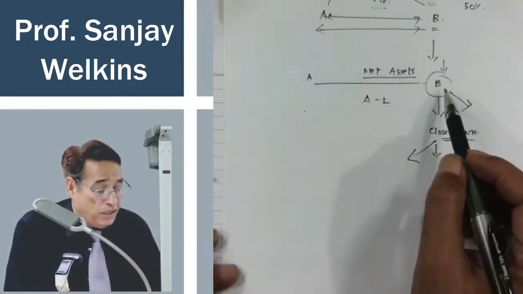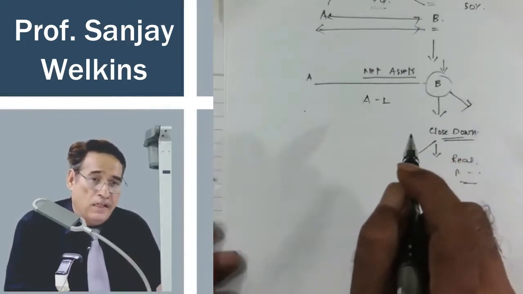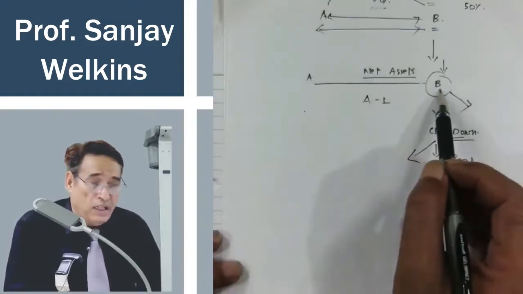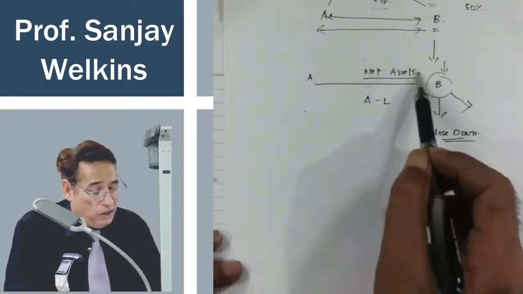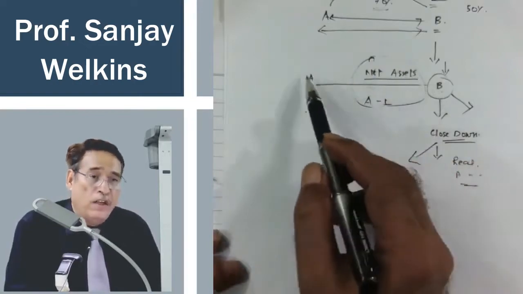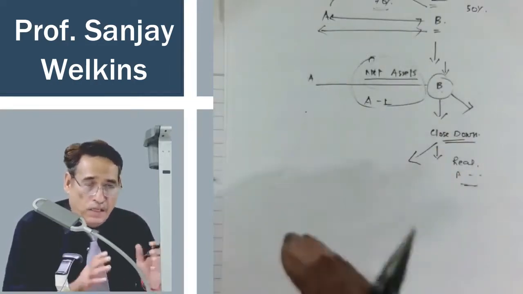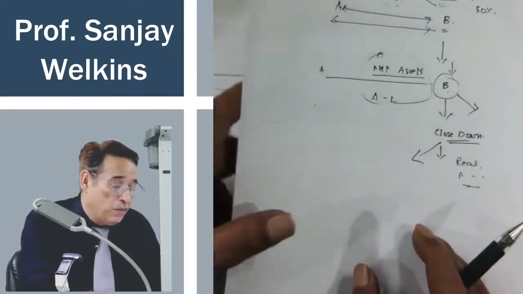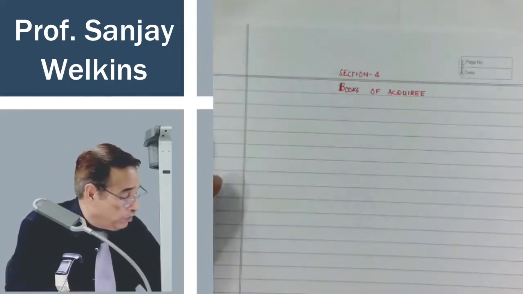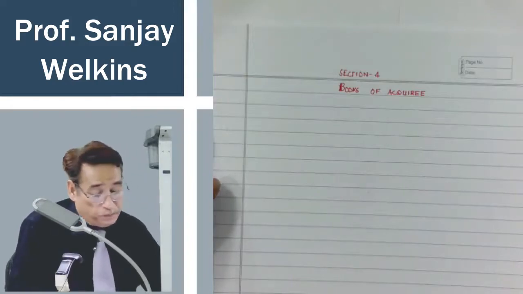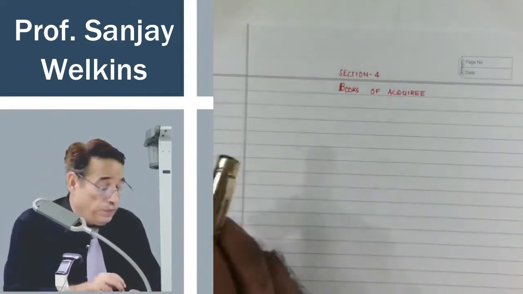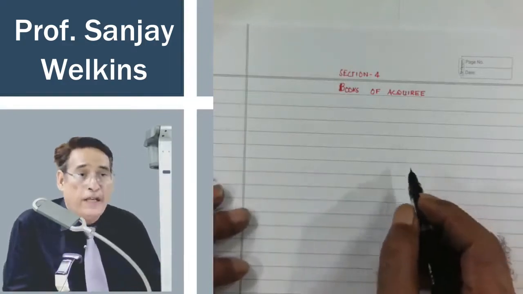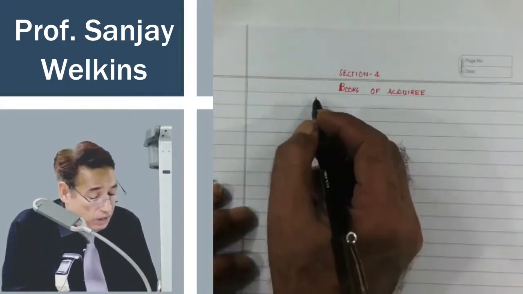Remember one thing, accounting aspects in the books of acquiree under Ind AS 103 will come into play only when we acquire the other entity by acquiring their net assets and not by investing in their entity. Is that clear to you? In this case, company B will cease to exist. This is the point you need to understand first of all before we move further. Books of acquiree, this concept will come only when